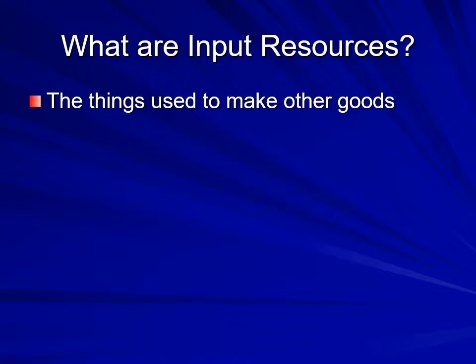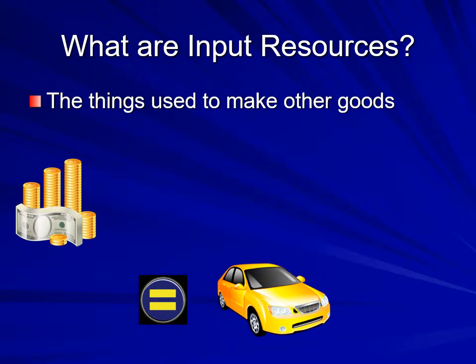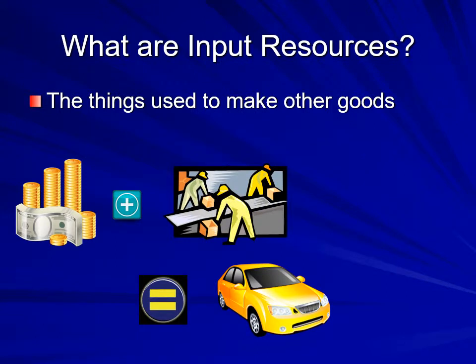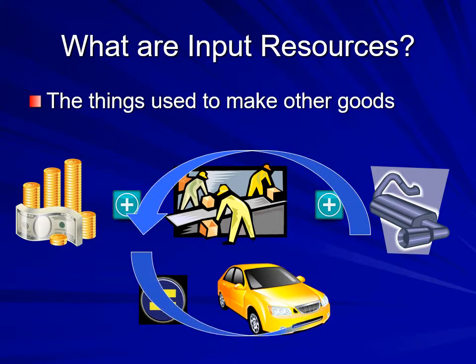So for example, you want to produce a car. In order for us to produce a car, you must put in or use capital, or the money needed for production. Then you put in the labor, or the manpower who builds the car. And then we also need to put in the parts, such as this car exhaust. All of these resources that we need to put in are actually called input resources. We use input resources in order for us to produce another resource. That's why in economics, production can be a cycle. We use resources to produce another resource.